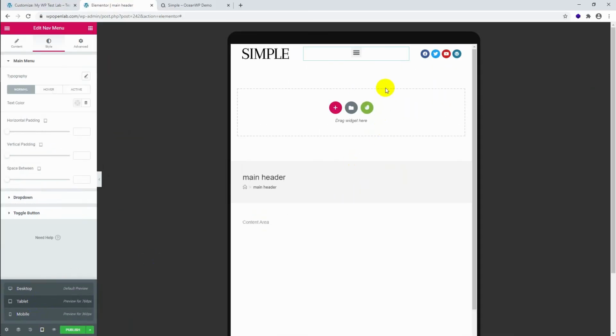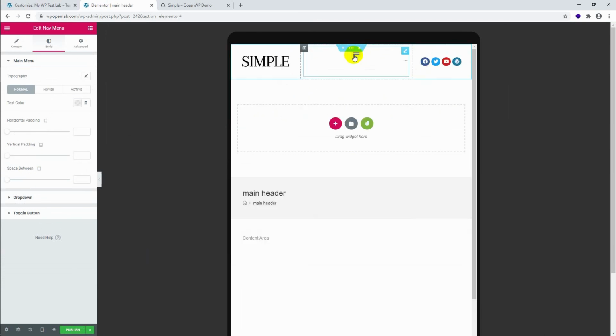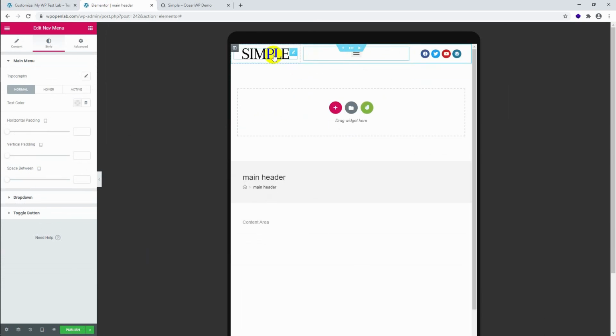By default on the tablet, it converts the navigation item to a hamburger, so it seems okay. Let's click and see, but when we click that, it makes the other side bigger, so we don't need that. So let's come back to this option here,